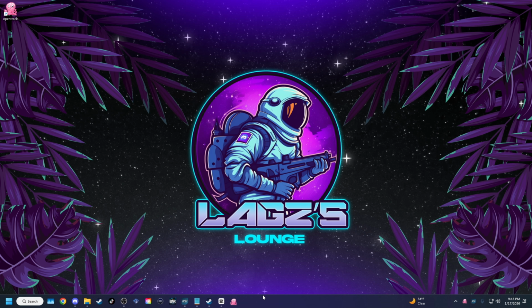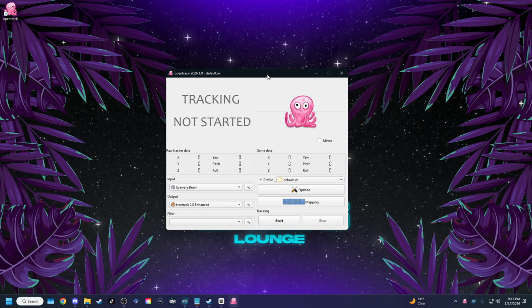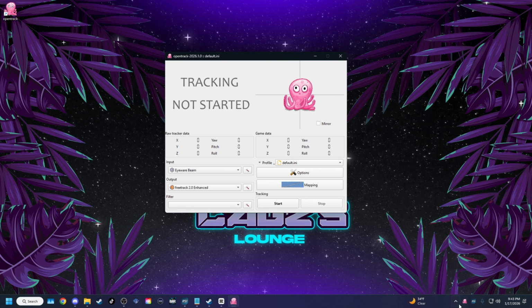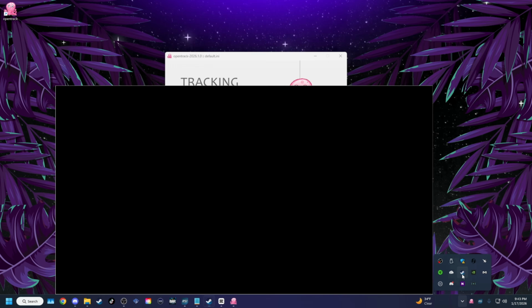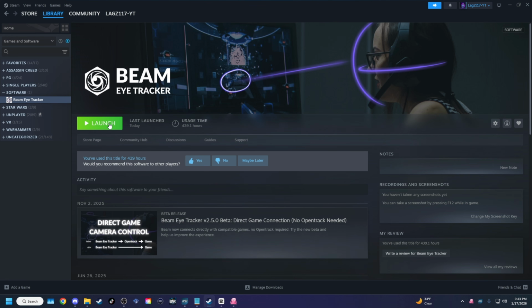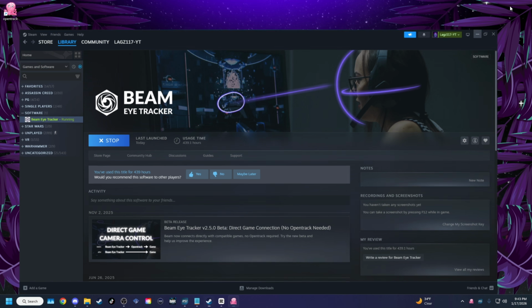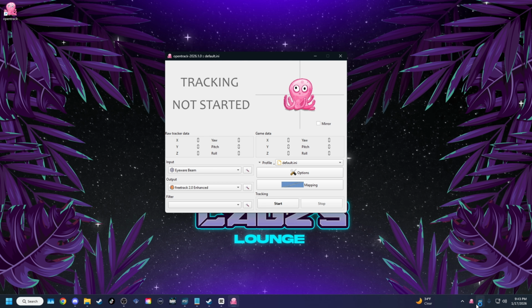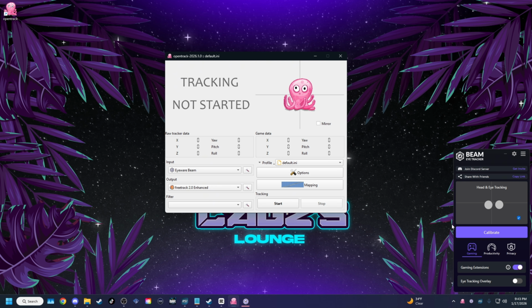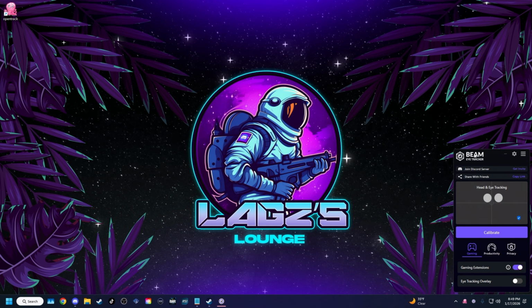Be sure to click on it. And once it's up and running, go to your Beam Eye Tracker wherever you have it installed, launch it, then it should pop up in the bottom right corner. And there you go. And it should automatically already grab your camera and try to set up, but if not,